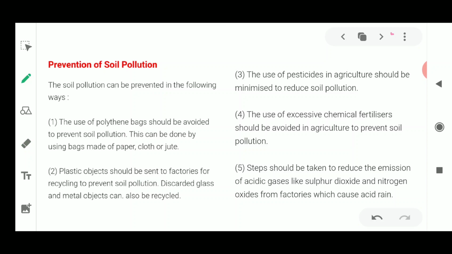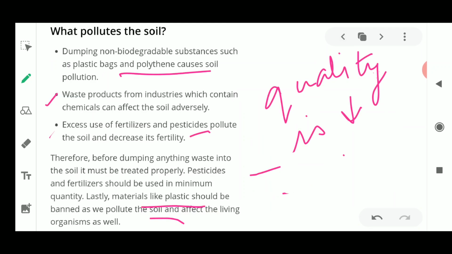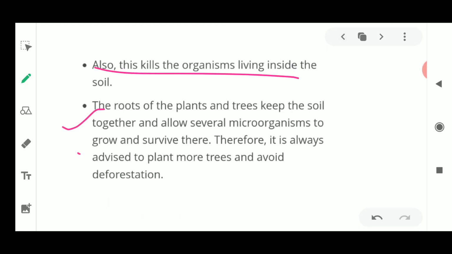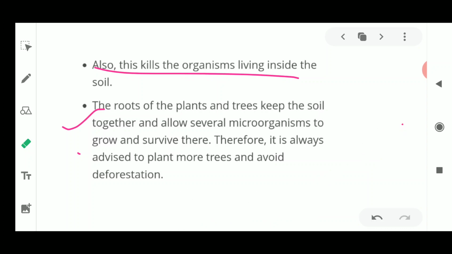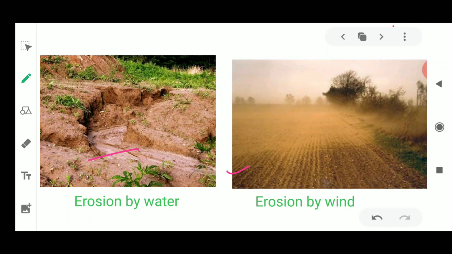And one more important point to move away from soil pollution is afforestation. Similarly, if we talk about soil erosion, how to stop it, this could be stopped only by afforestation. This is very important. We can stop soil erosion only because of the vegetation cover. So we could increase the number of trees and plants, so that the plants and trees could bind the soil, and it is not easily removed.